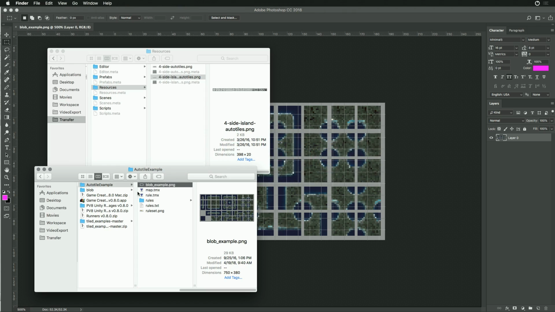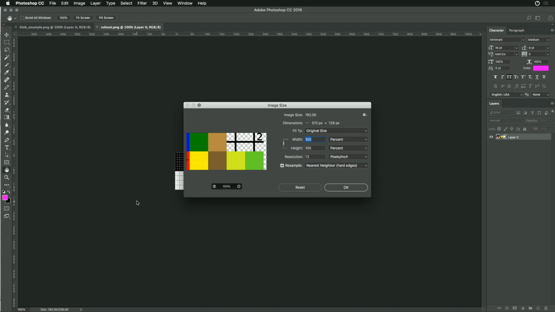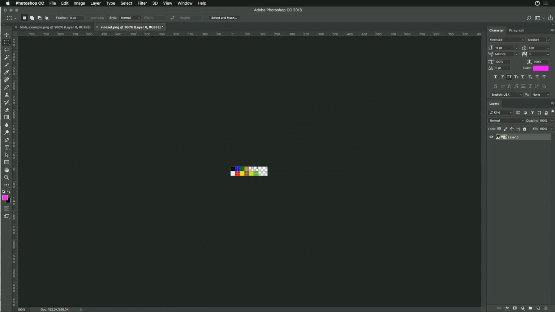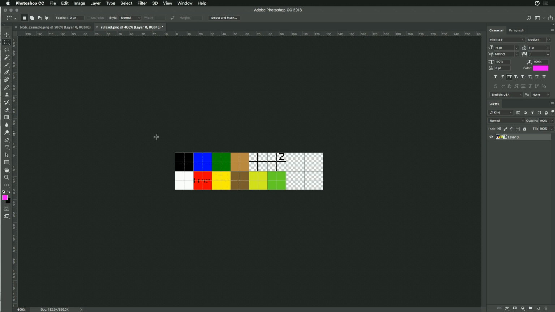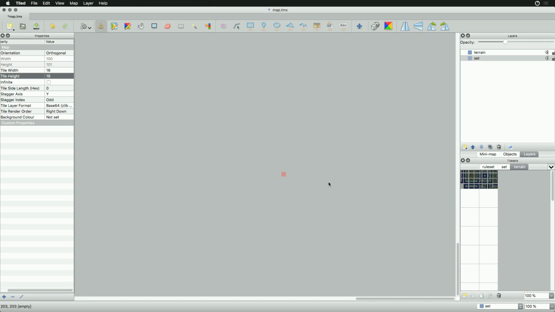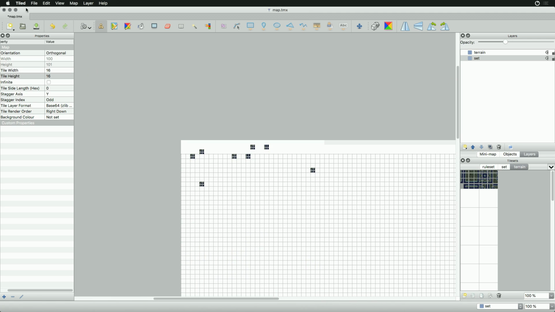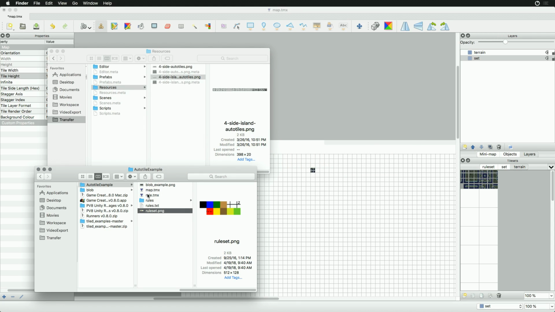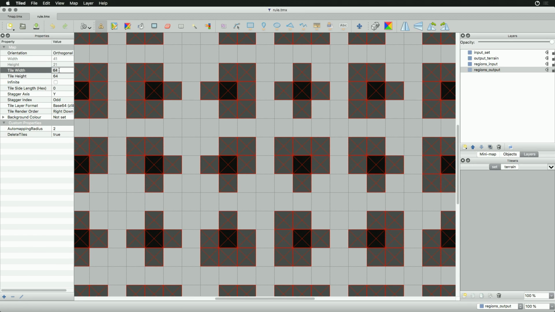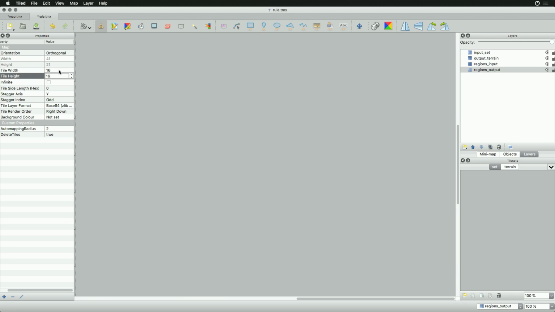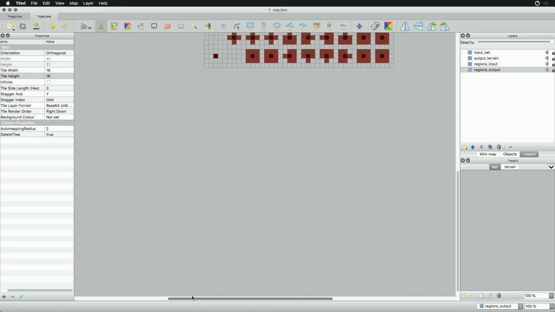So let's save this, and let's go into here to the rule set. And we're going to make this 25% of its original size, which should get everything down to 16 by 16. Perfect. And now, what I wanted to see, this is probably just literally breaking everything. The other thing I want to do is go into the rules and set this to 16 by 16 and see, all right,